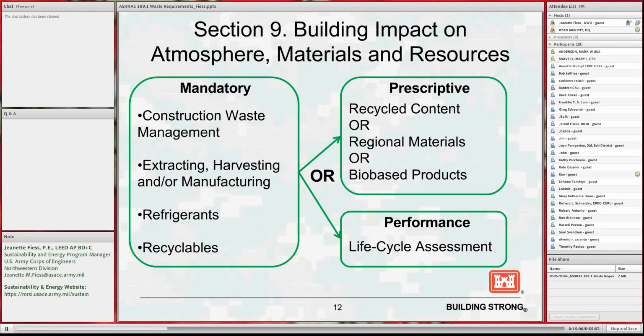So what are the specific areas of Section 9, and what are the mandatory and prescriptive and performance-based requirements? I've identified them here, the ones on the left. Mandatory requirements, every project must do. So there are requirements, and we're going to step through each of these and talk about them. Mandatory requirements, everyone has to do construction waste management. Everyone has to do